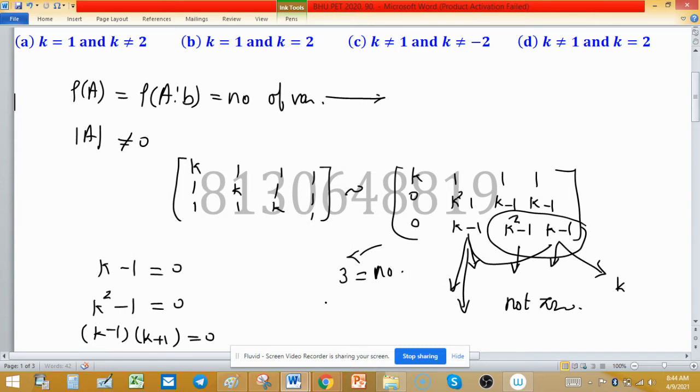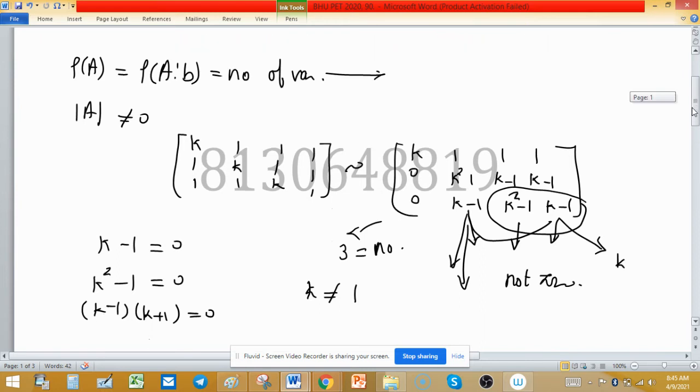So we cannot choose the value of k as 1. It means k is not equal to 1. In options A and B, k equals 1. So options A and B are discarded here. Now options C and D might be true, or both become true. But the condition on k is also given as k equal to minus 2 or 2. So using this fact, by rank we cannot find another condition.